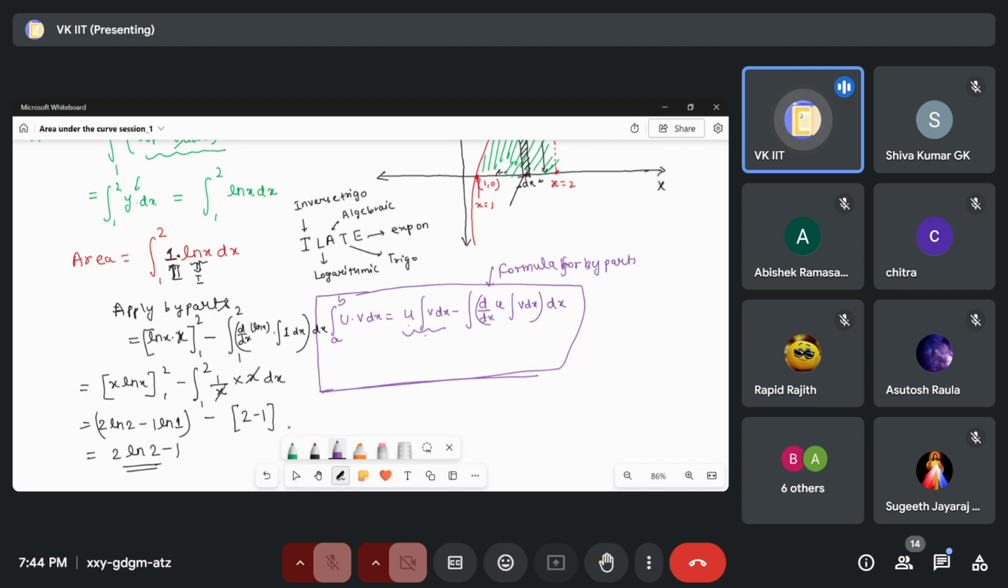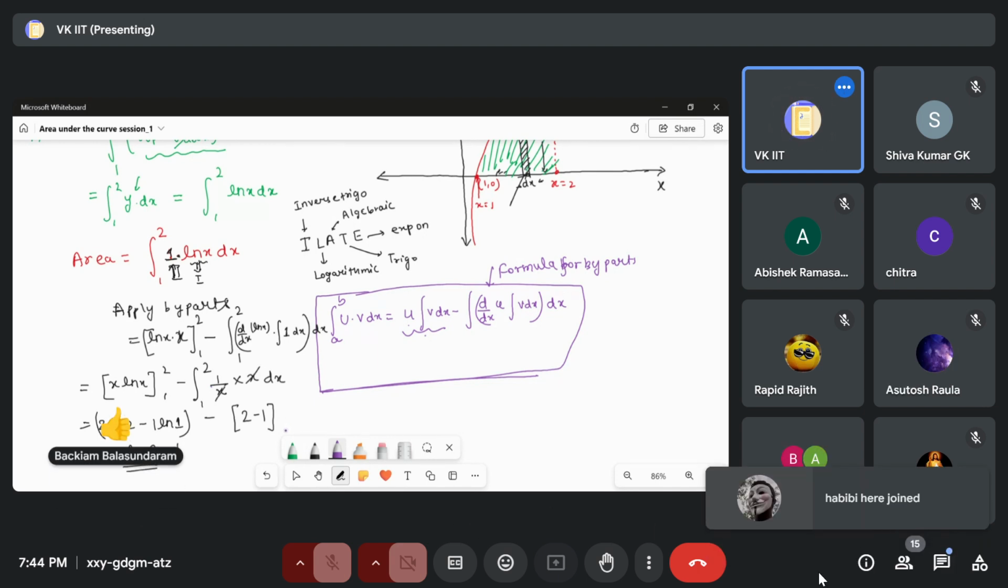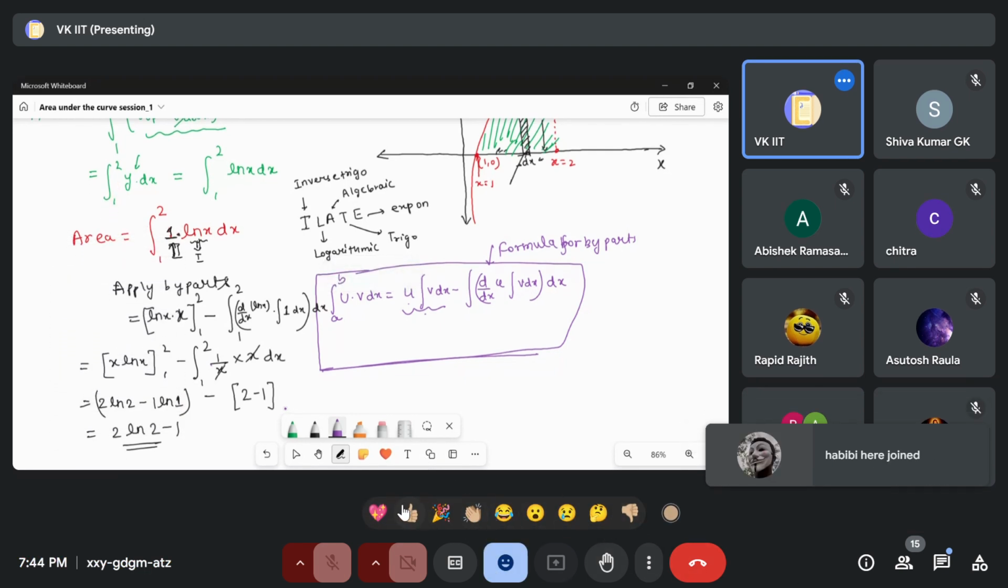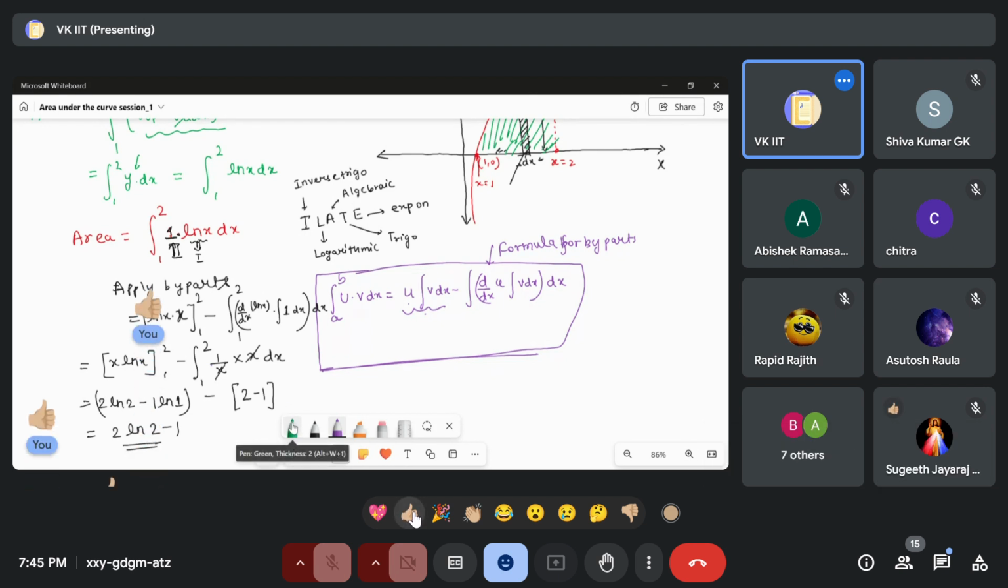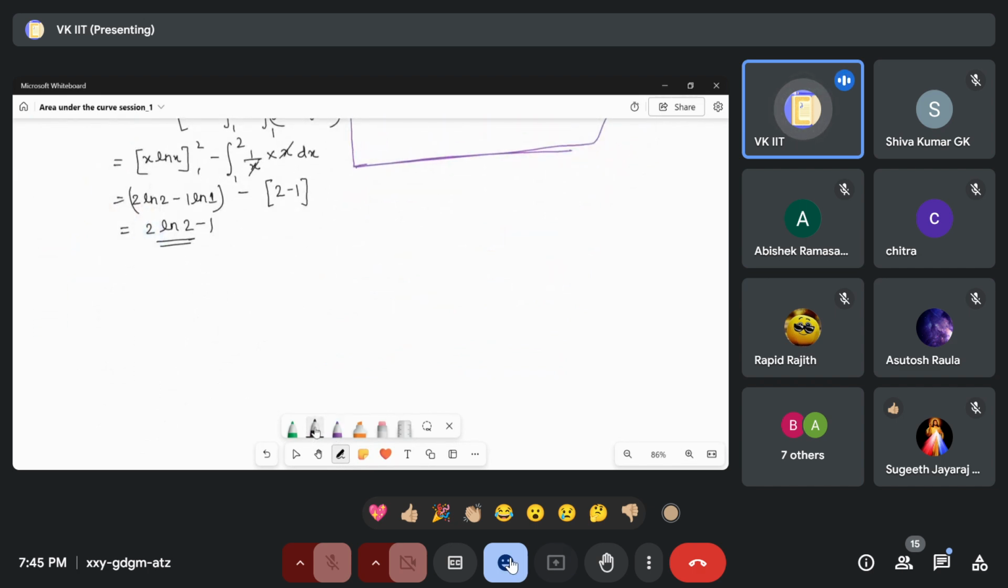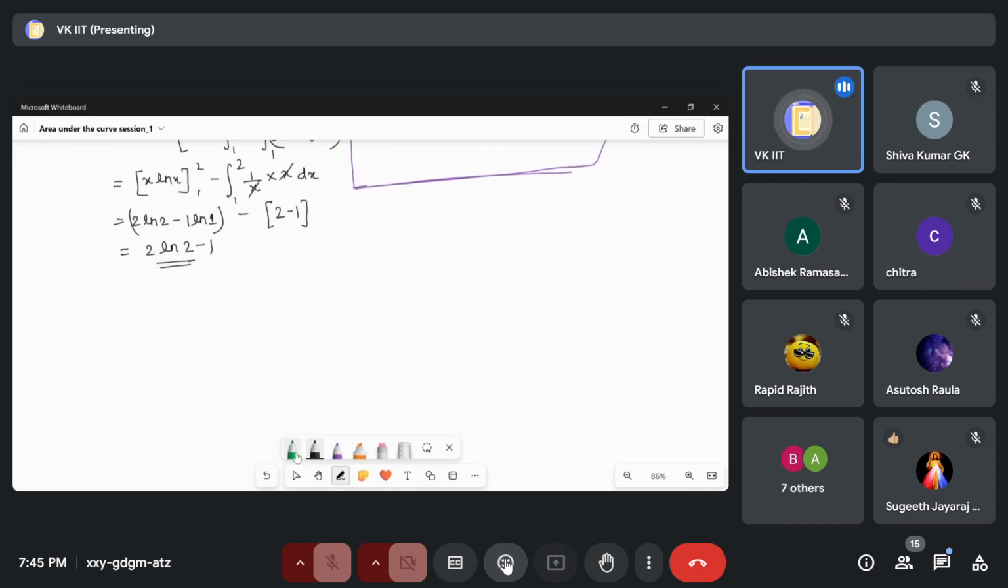It should be ln. Have we missed something? It can. Acha, one more thing. It can be further solved like this. Sometimes they generally consider this one as